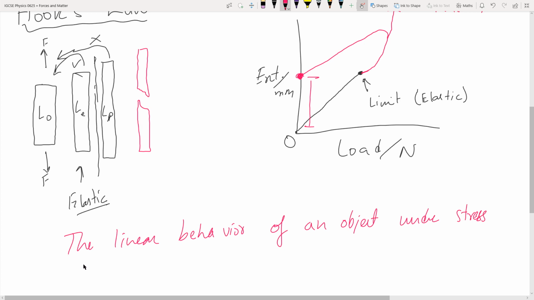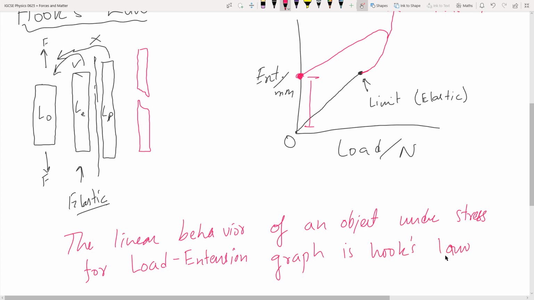For the load to extension graph, right, is Hooke's law, right? That if, as long as the forces, let's say if I pull up an object, I